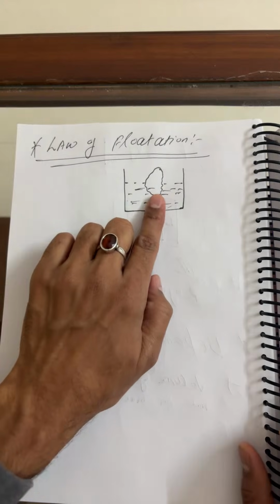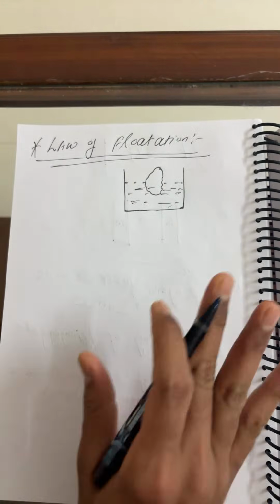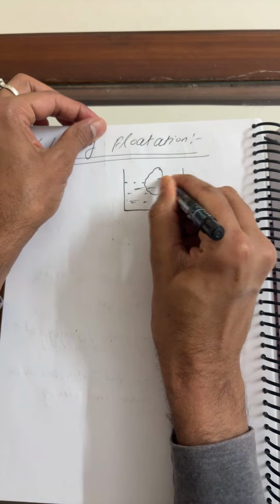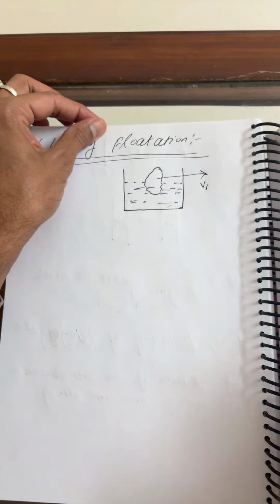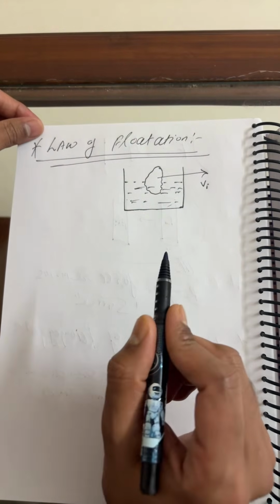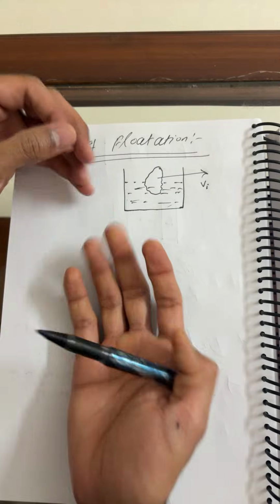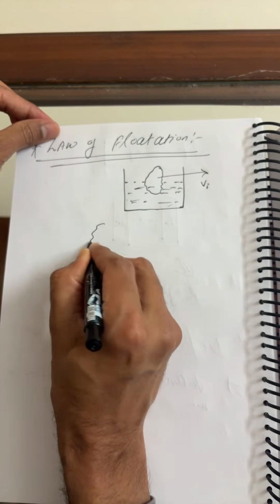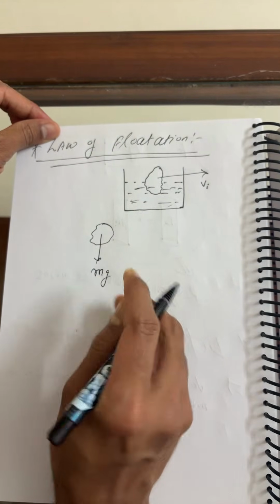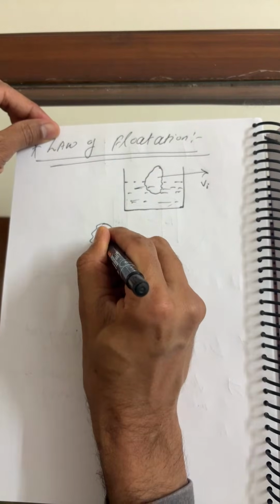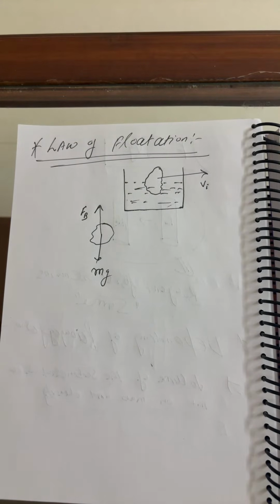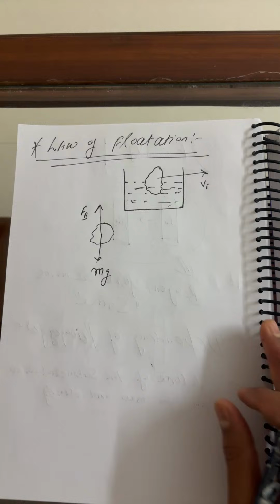Now this is a floating body. What is the floating condition? This body initially has a volume emerged, Vi. I'll write it here clearly: volume emerged. What is the Archimedes principle? Buoyant force is the upthrust force. So make a free body diagram of this. Then write the forces in these directions: this is mg, the weight of the body, and in the upward direction this is the buoyant force. Simple. Sir, it is very clear. Yes Krishna.